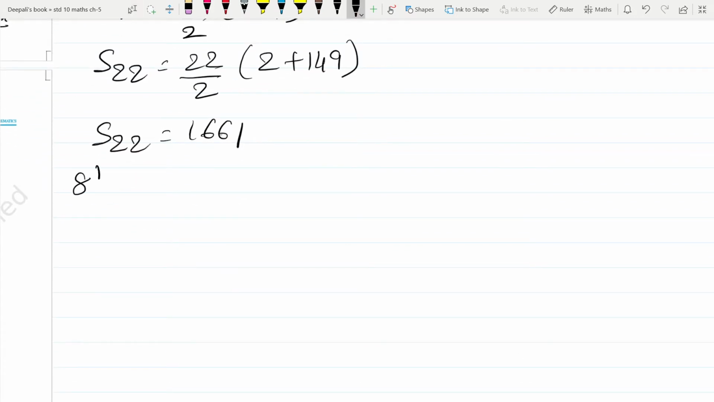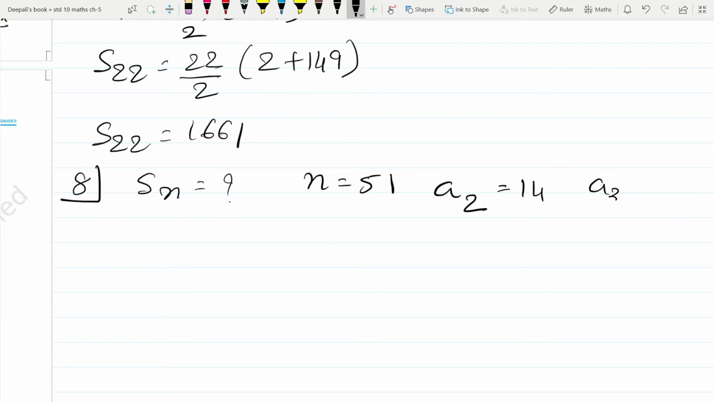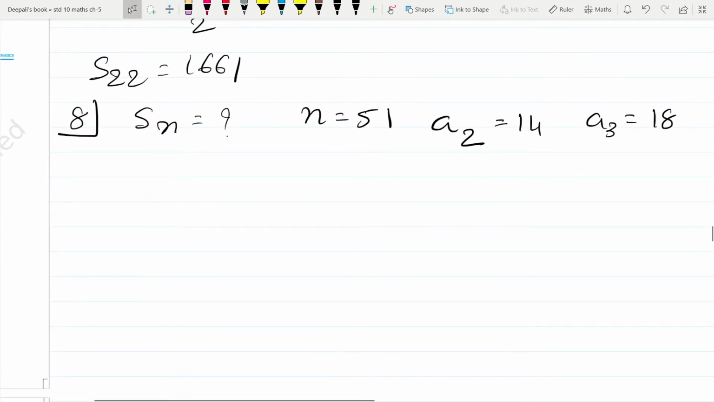Eighth one. Find the sum of first 51 terms of an AP whose second and third terms are 14 and 18 respectively. Now here, Sn, how much? We have to find for n is 51. A2 is 14 and A3 is 18. I can solve this by two methods. I can use